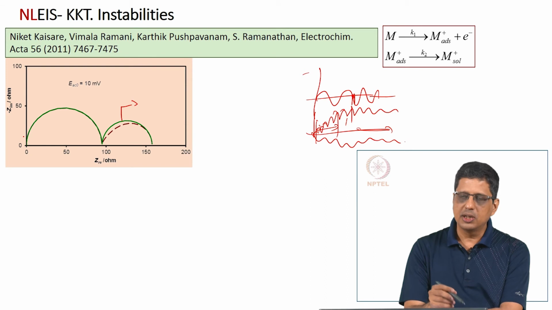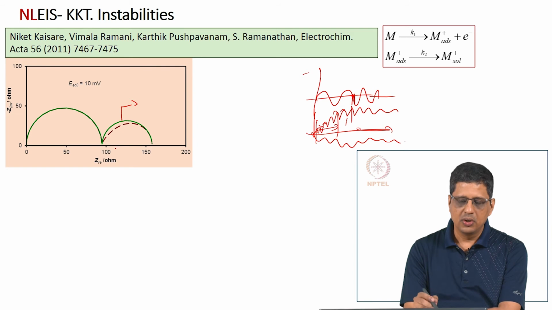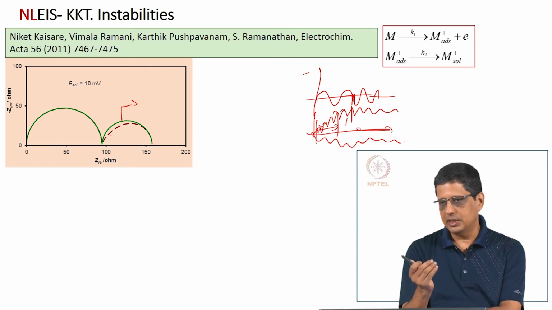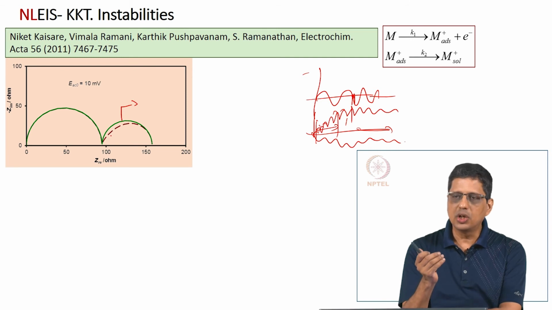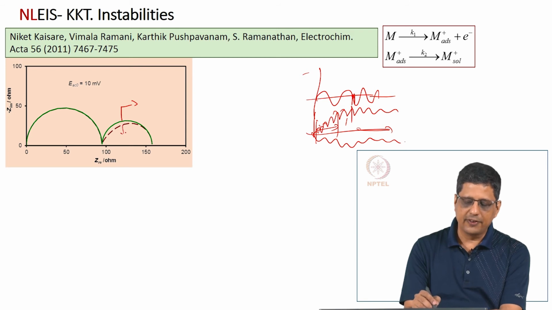At high frequency, because majority of the current goes through the double layer capacitance. At low frequencies, because the system would come to stable condition even before half loop is completed. At mid frequencies, a significant current goes through the Faradaic process and the system would not have come to stable condition or steady periodic result. So, there is a difference.